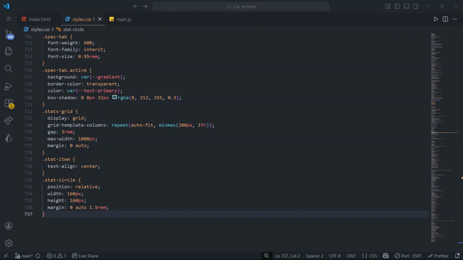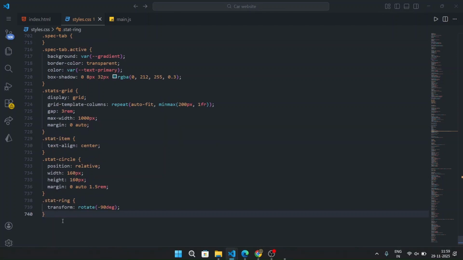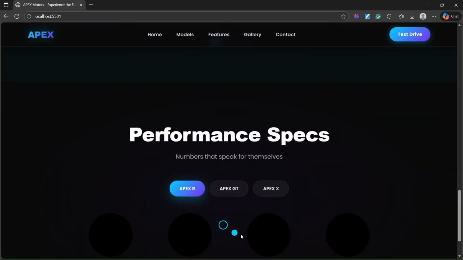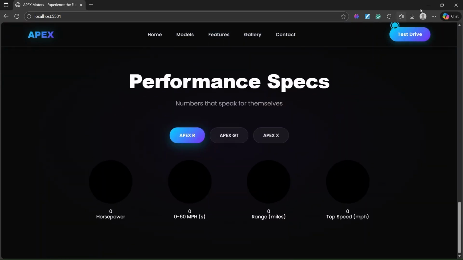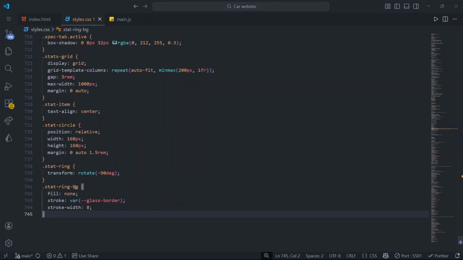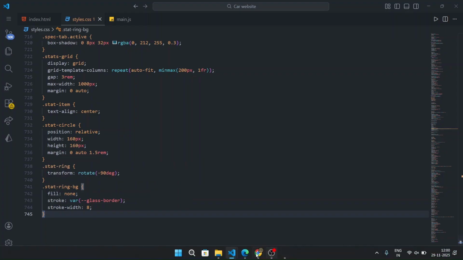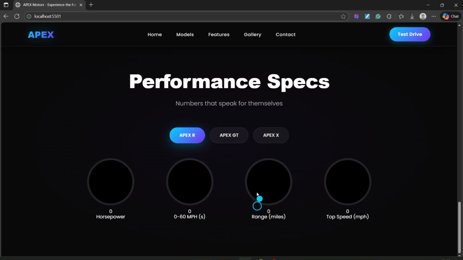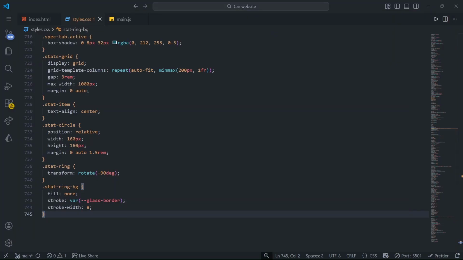Now the status ring transform to rotate 90 degrees. See, currently it will not apply, so we'll have to write the full code, and then we will have to add the JavaScript for the animation, right? So for the status ring background, we have used fill with none, and stroke with the rounded, now it is showing, right? And now for the progress,